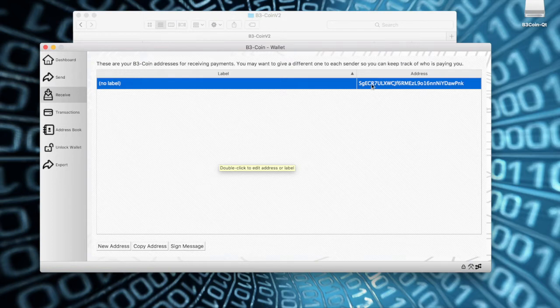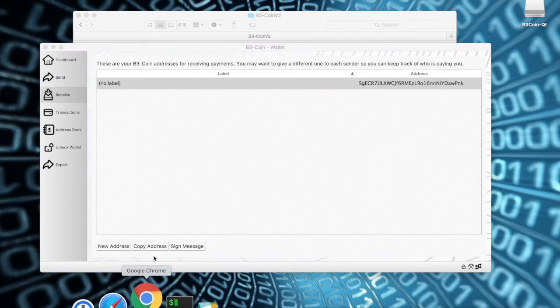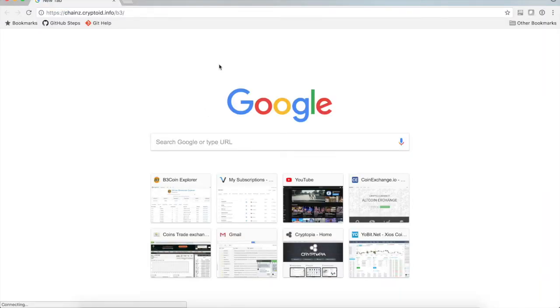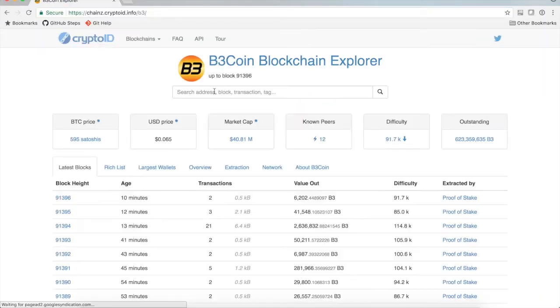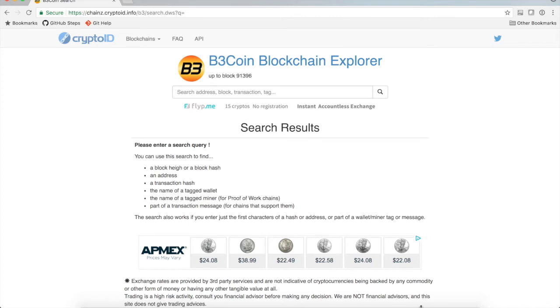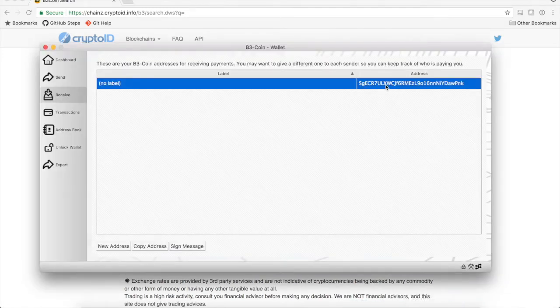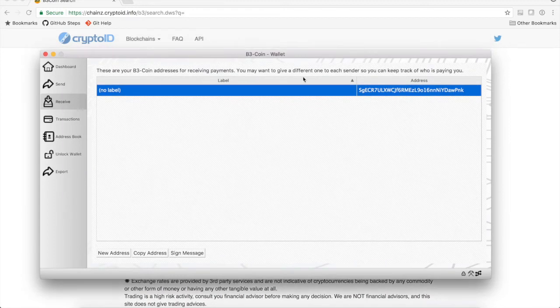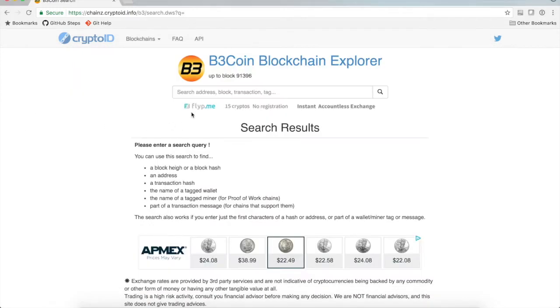So if I had this public address, I can look up this address in Block Explorer and see how much funds are associated with this particular address. So in this case, you can see this is a brand new wallet, and the Block Explorer has no concept of this because there's never been an interaction with it. It doesn't even show a zero balance, because when this wallet loaded, it created this address, but because no one's ever sent funds to it,